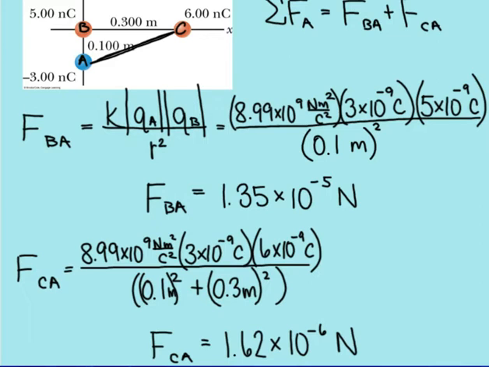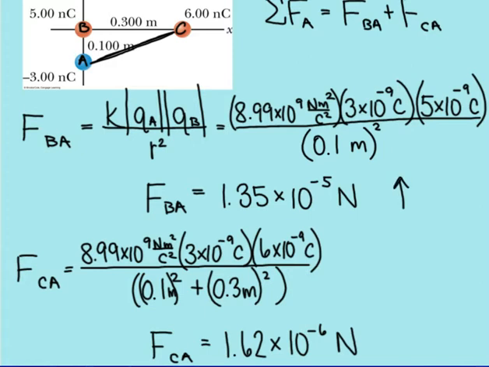It's not quite that simple this time. Looking at the direction of the force that B exerts on A, I'm going to ignore C, pretending like C does not exist in this problem at all. Since I'm looking for the force on A, I'm going to nail B down. B is not allowed to move. And I want to think about what direction A would move. Well, A and B are oppositely charged, which means they're attracted to each other. So A would want to move toward B, which is in the positive y direction,